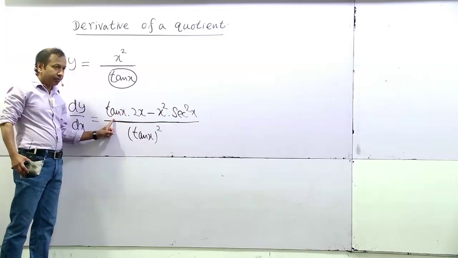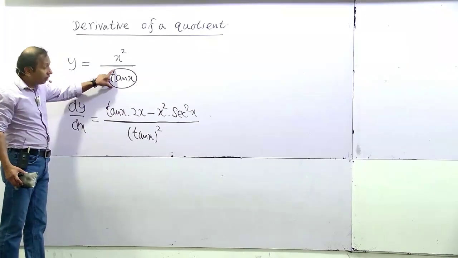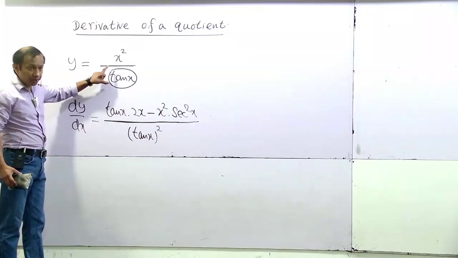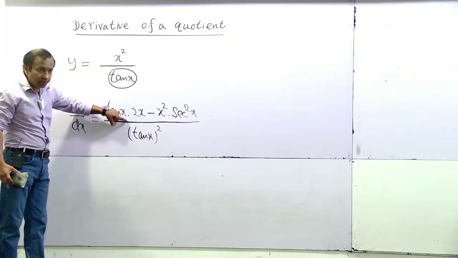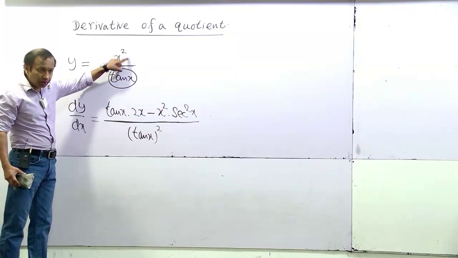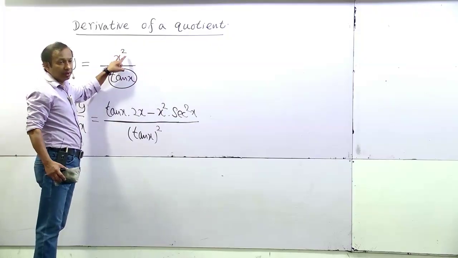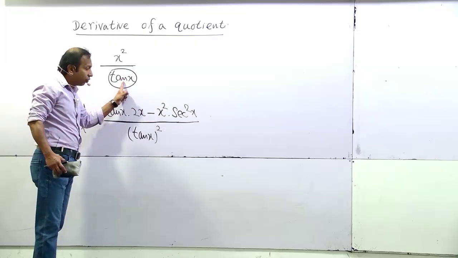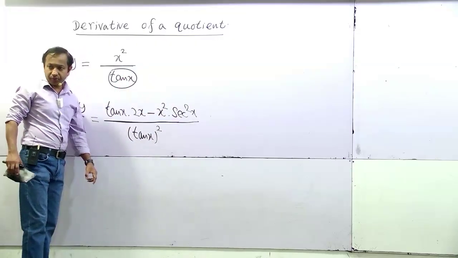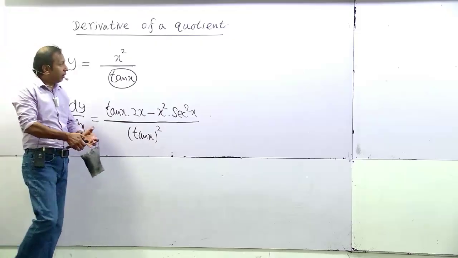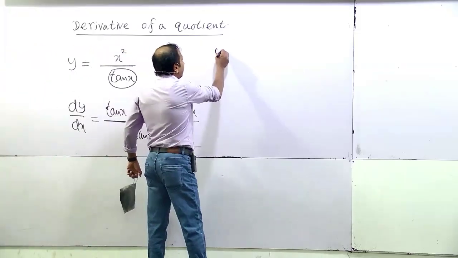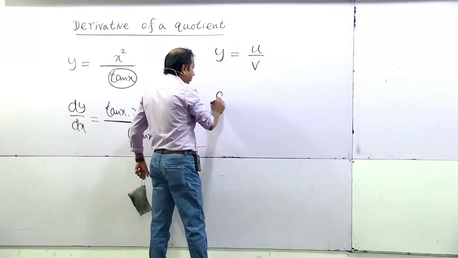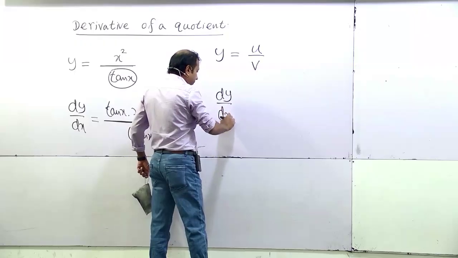Now the numerator: not tan squared x, the given denominator is tan x, and that we write first, multiplied by the derivative of the numerator, minus what? The numerator we keep the same, and the derivative of the denominator we write next. This is how we take it. Then as a formula, suppose the numerator function is u and the denominator function is v, then dy over dx is